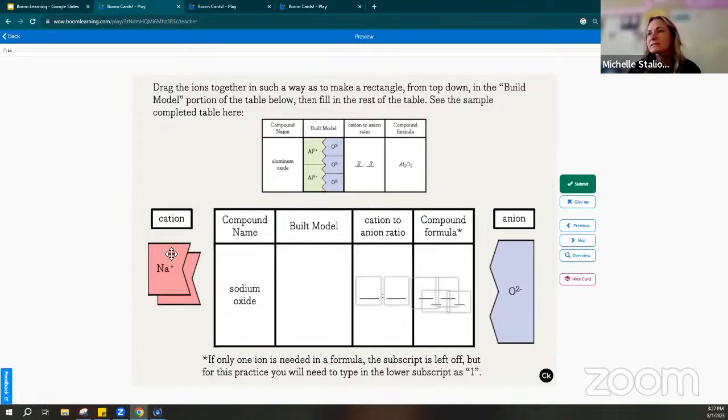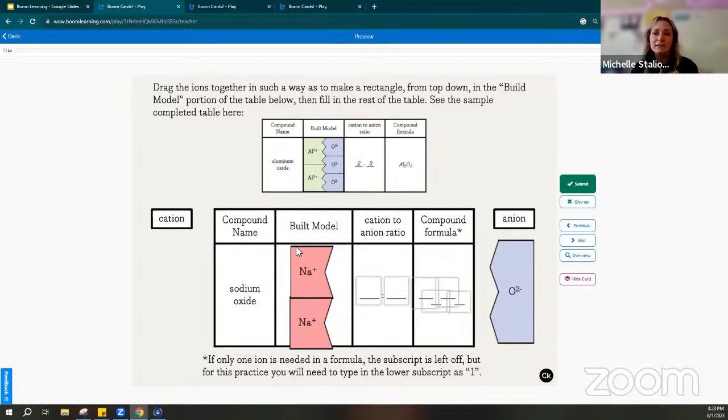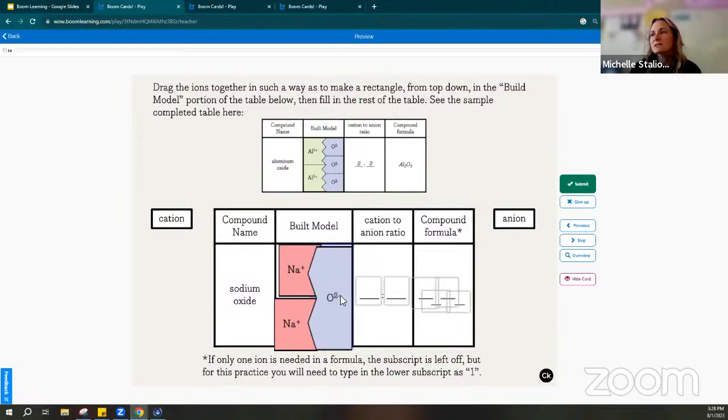And in this case, it definitely is, where they can slide the different pieces to the model where they would go. And at the same time I also have the sheet that they can write it down. So just like Sarah shared, having that place to write it down as they work, then they can go back and use this as those manipulatives, as those models. Once they see that they've built the correct compound with sodium and oxygen, they can identify the ratio that there's 2 sodium atoms to 1 oxygen, and be able to write the formula and check their work and identify what they have built, the formula, just from those pieces.